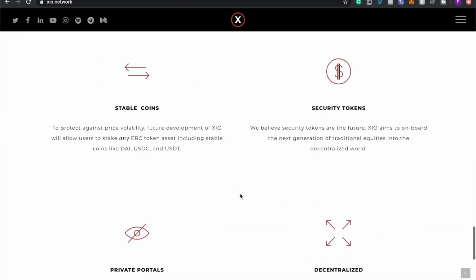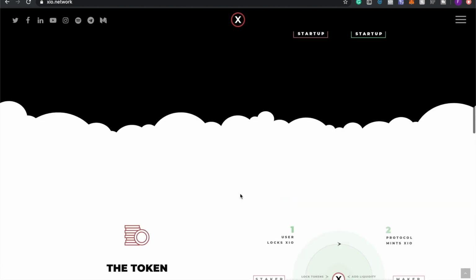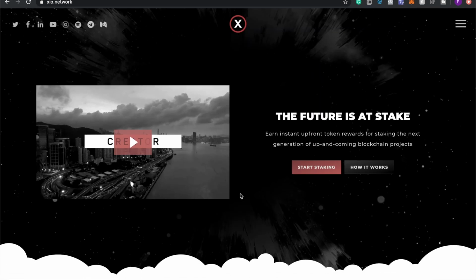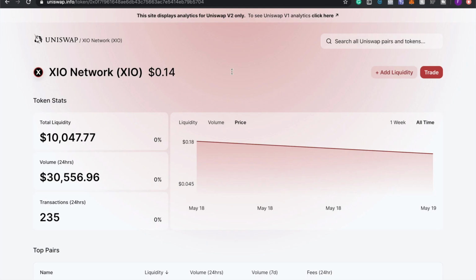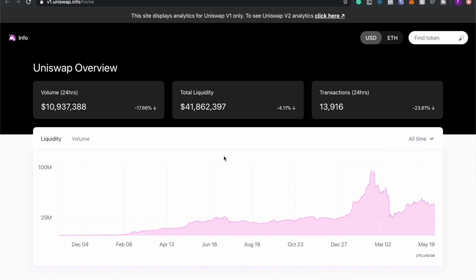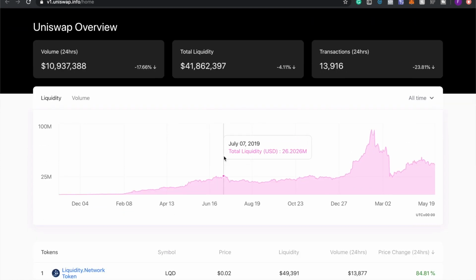This is just the future of it. I don't know if they're ever going to reach that future, but that's pretty much the XIO coin. It definitely is unique, and if you look at Uniswap, it's already doing big things, and if it's just exactly like it, who knows, it might go like Uniswap. If Uniswap had a coin, I'm sure it would be worth quite a lot.